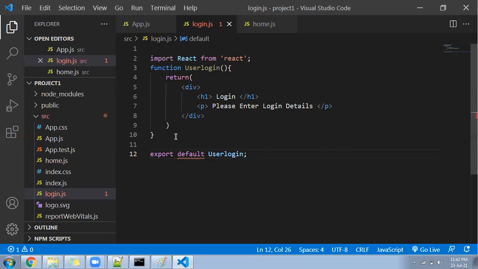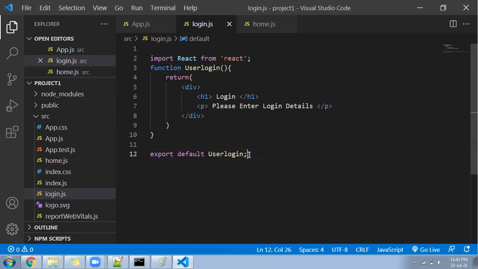This user login is the name of the function that you are going to call wherever you want. There is no limitation within the project. We can import user login from the login.js file anywhere, and we can access it. That is called reusability.